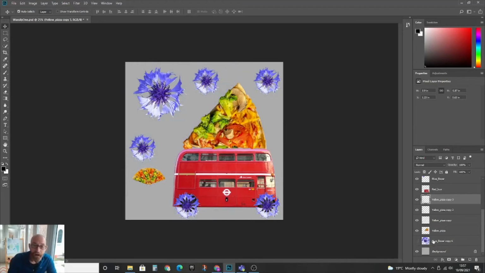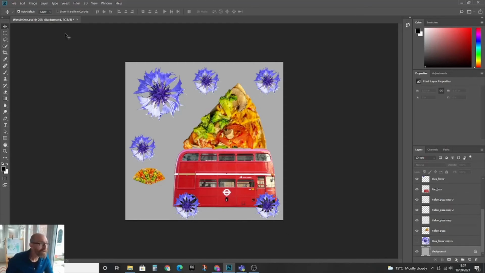What we're going to do this time is change the color of our background. At the moment the background is grey. You can't select the background by just clicking on it, like you can the other layers. You have to actually click the background in the layers palette. So if we click that, to fill that background we're going to use the paint bucket